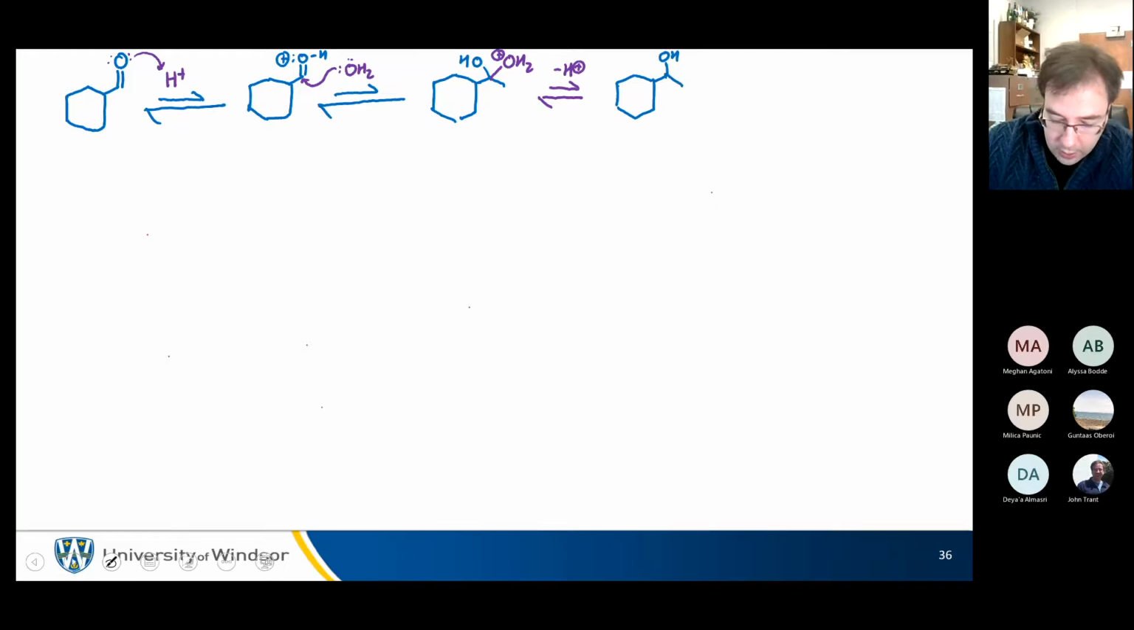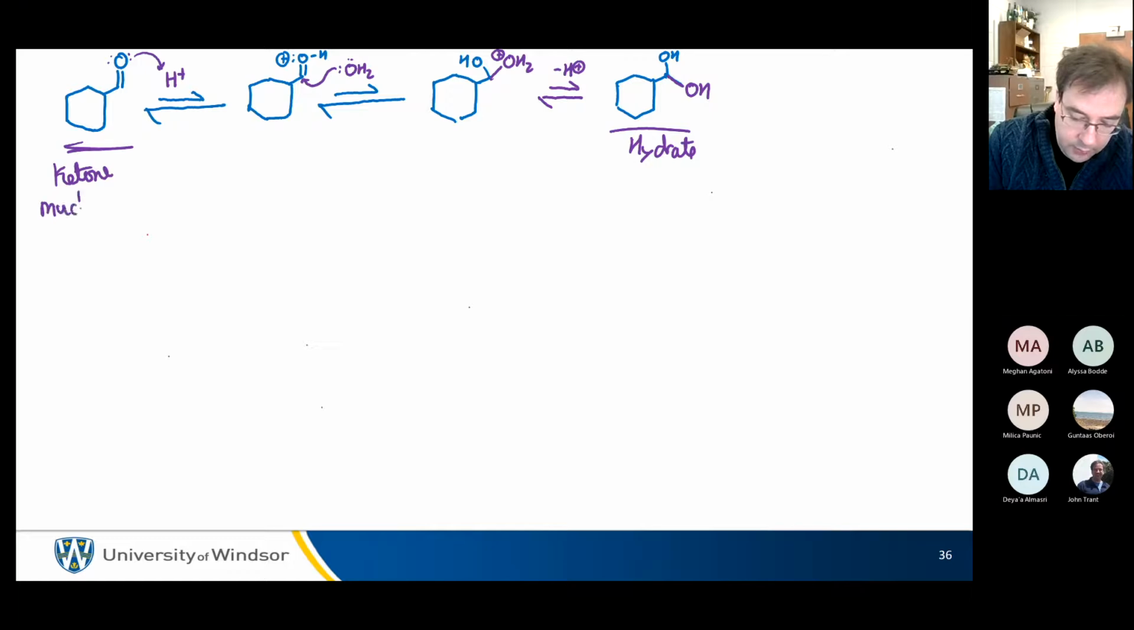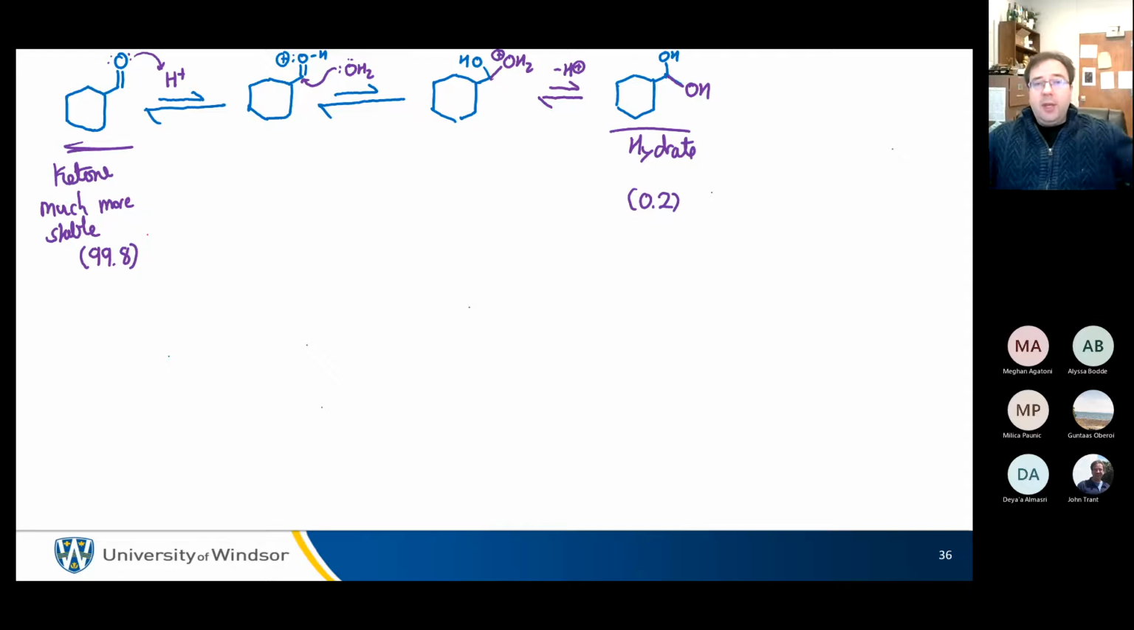And sorry, I don't know where this extra carbon came from. And normally, this is the ketone. This is the hydrate. Much more stable. At any one time, if you look at any ketone, it's about 99.8 to 0.2 is the ratio. But if you have a ketone in water, it is in equilibrium between the ketone and the hydrate,